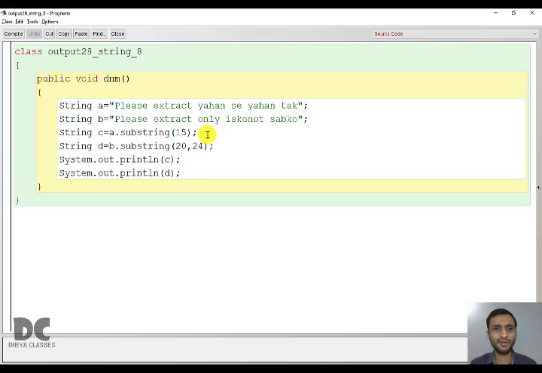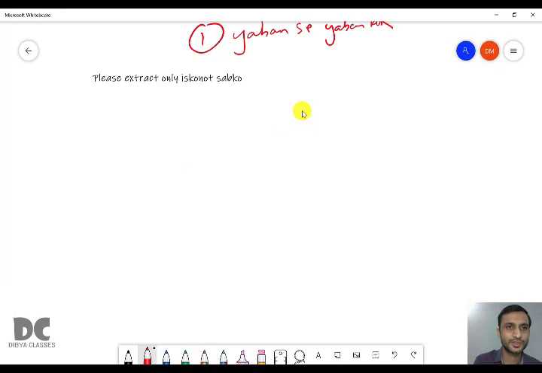For the second one, we have a different string. Please extract only isko, not sabko. So let us find the locations for this string also. P is 0, L is 1, E is 2, A is 3, S is 4, E is 5, space is 6. Then for the next word, 7, 8, 9, 10, 11, 12, 13, 14.